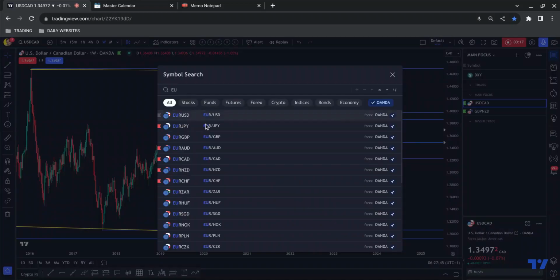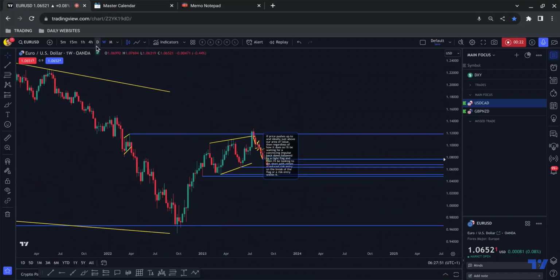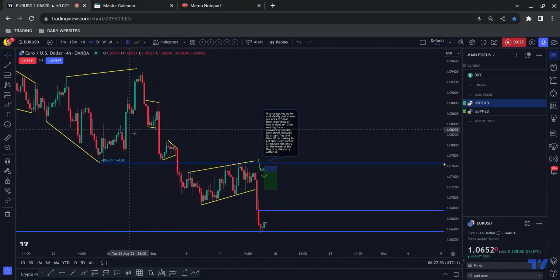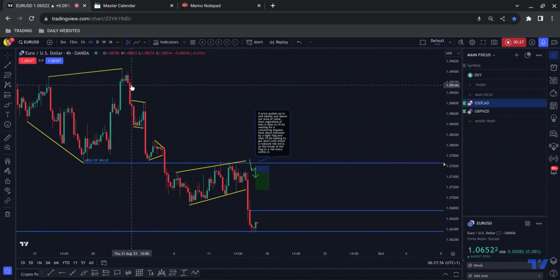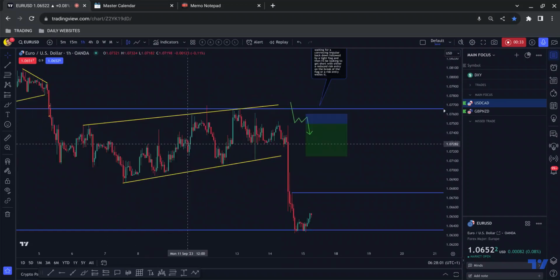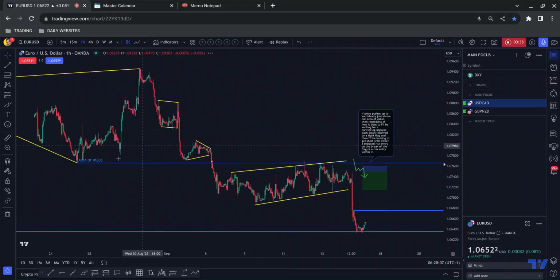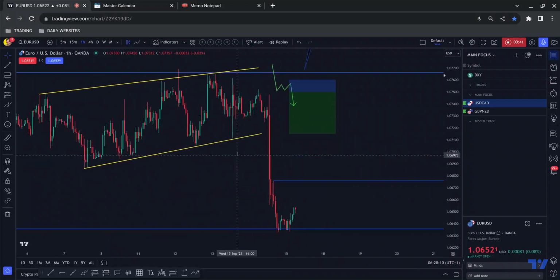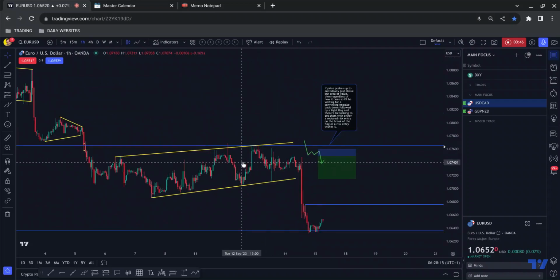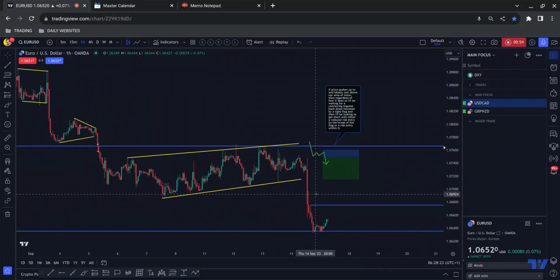And if we just get euro dollar up, so you can see what happened on euro dollar there. If I just zoom in to the entry without breaking this down any further, you can see that I was looking for that entry here. I was looking for price to come up to here because of how correctively it had fallen down, giving me a clue that this was the new area of value. As I said in my previous videos, I was looking for price to tap into that, push down and give a flag, fully aware that there was potentially enough volume in here for price to push to the downside without doing that. But you know, what do you do?